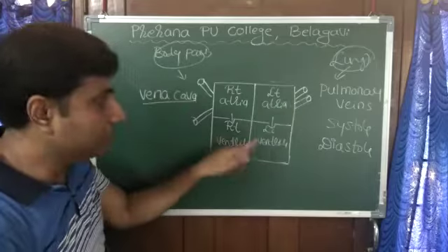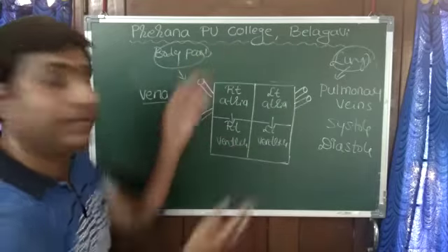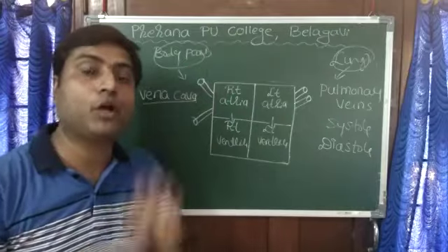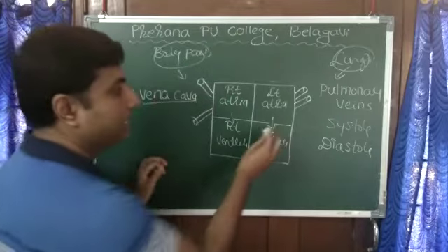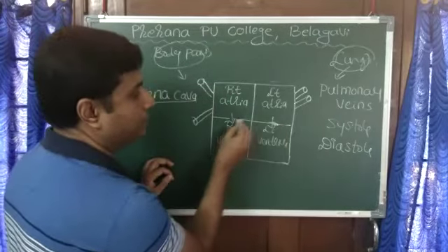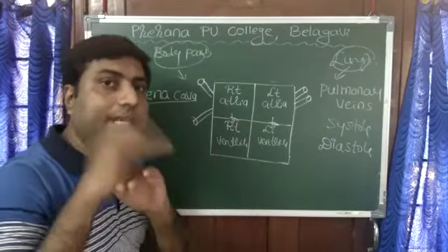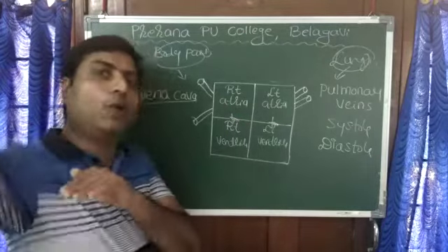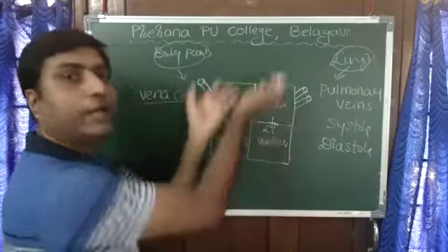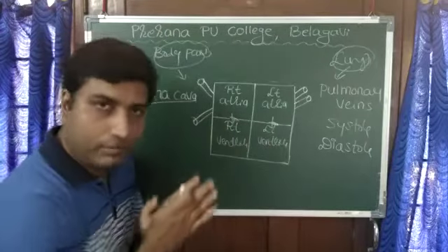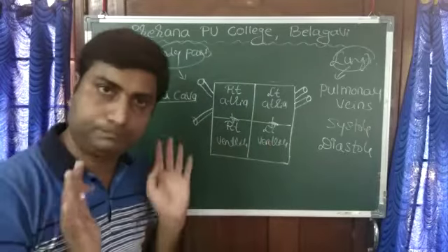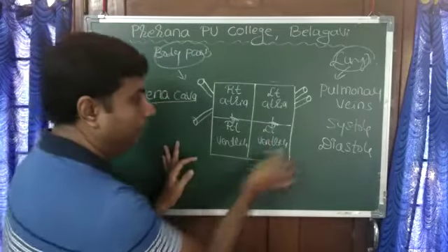Once the blood comes here, it will not go back again. Backward flow of blood is prevented because here there are valves. Valves are lid-like structures which open in only one direction, downward. They cannot open in the backward direction, so blood cannot go back. These valves are called the bicuspid and tricuspid valves. Now, blood is here.